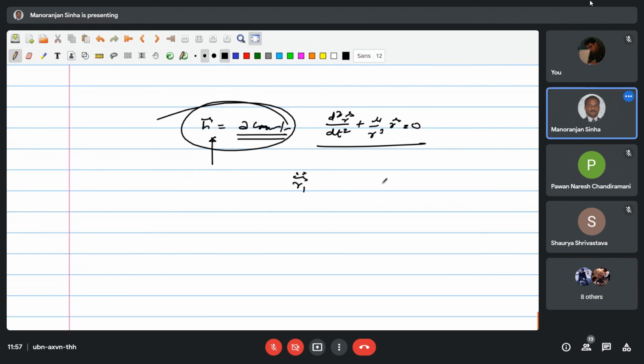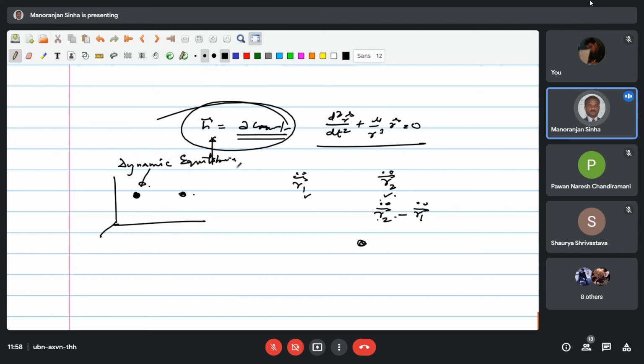No, so see what we have done. You have done in your basic physics, R1 double dot and R2 double dot. This is the acceleration of the two particles in the inertial frame, isn't it? Okay. Then what we are doing, we have subtracted R1 double dot from R2 double dot. So effectively, we are applying D'Alembert's principle and bringing particle 1 into dynamic equilibrium, not at rest, dynamic equilibrium. This is called dynamic equilibrium.